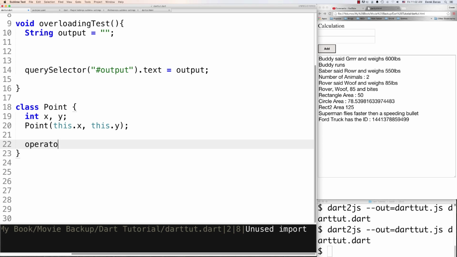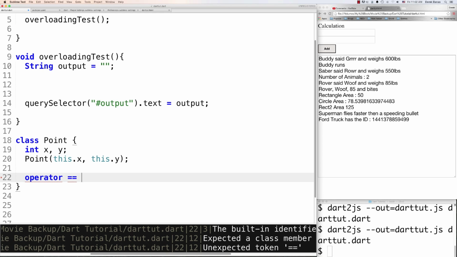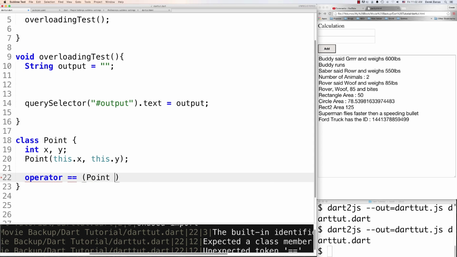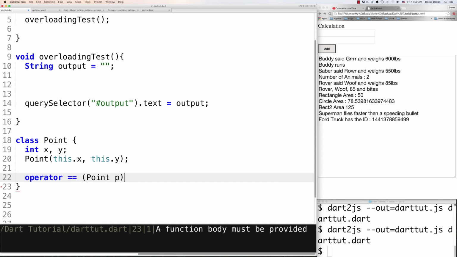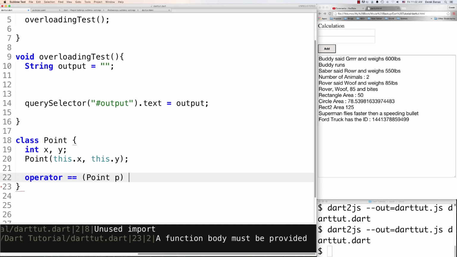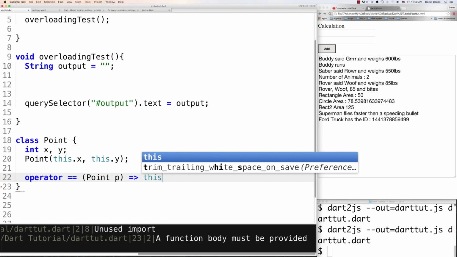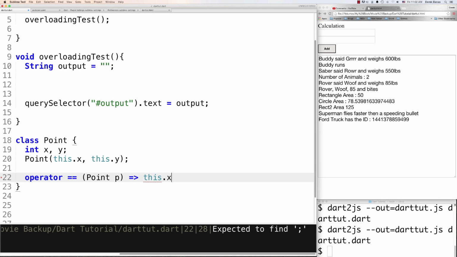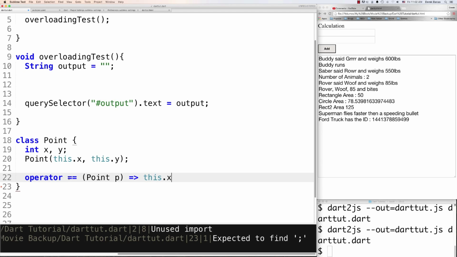Well, how you would do that is you would go operator, and the operator you want to be able to work with here is equals, and you want it to be able to come in and have a point sent to this point, whenever you're comparing one point object to another. And you're going to define inside of here what exactly is going to happen or when this operator is going